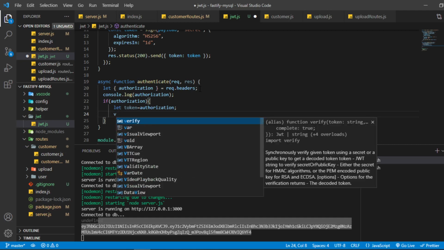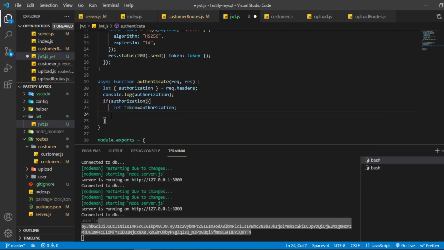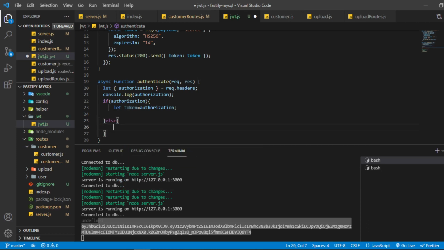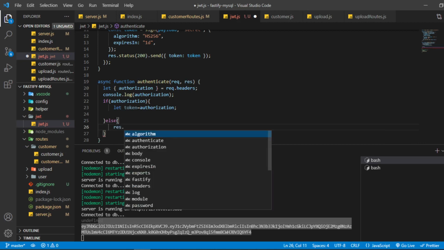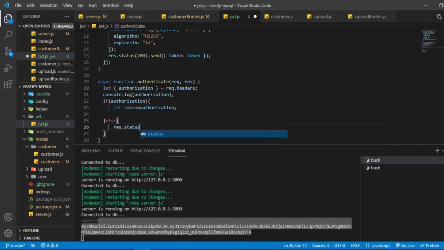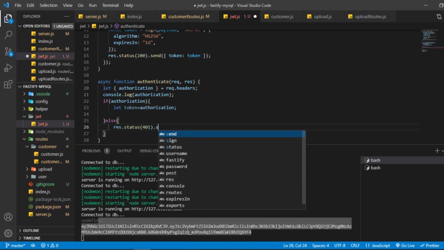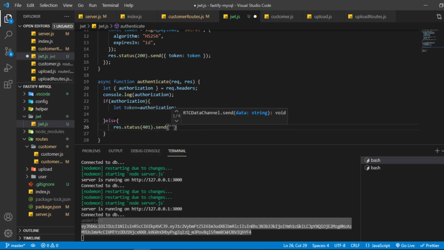Let me first write down the else condition here. If authorization is not there, what we can send back to the user is status 401, send, and it will be unauthorized user. Okay, like this.